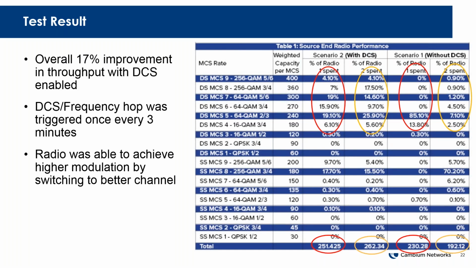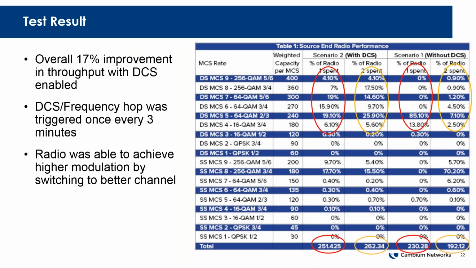I will spend some time diving a little deeper into it. But the overall result is a 17% improvement in throughput with DCS enabled. So basically, with the exact same link, with the exact same scenario, just switching on a key feature called DCS, you're able to improve your performance by 17%. I think that's a really good appeal for using DCS, especially in a crowded environment, whereas this link was in the middle of a city. So it was really useful that without changing a button, by just upgrading a firmware,